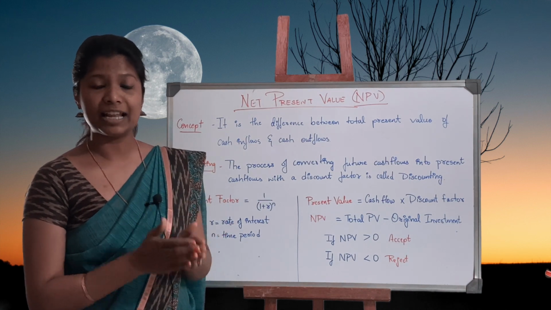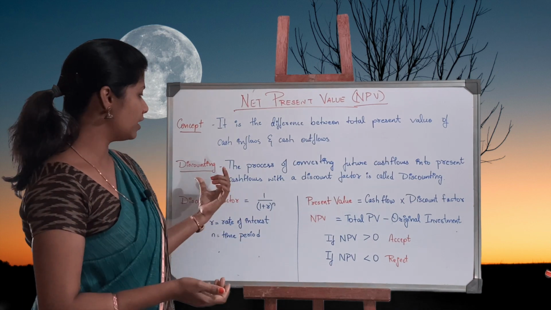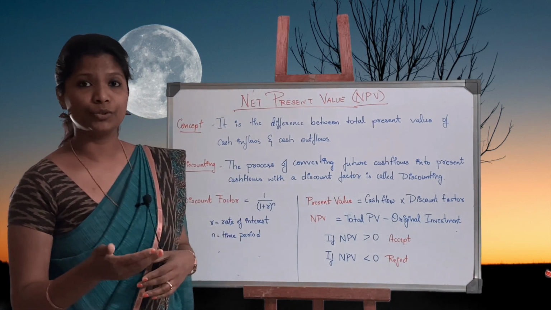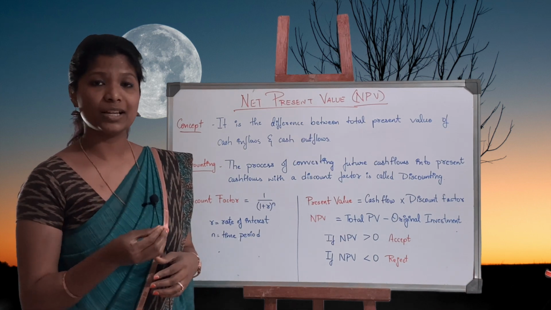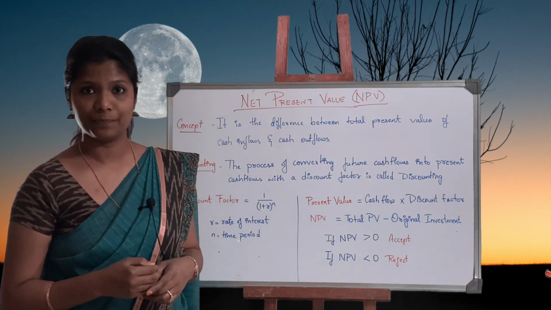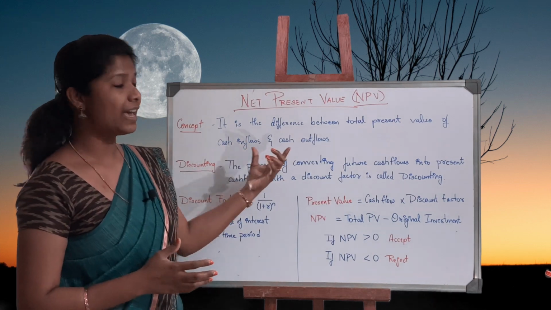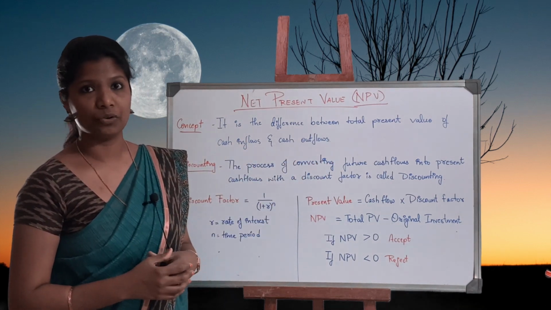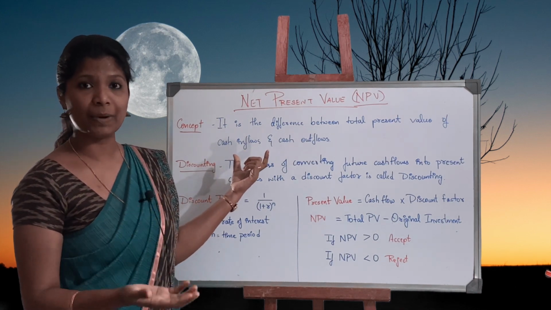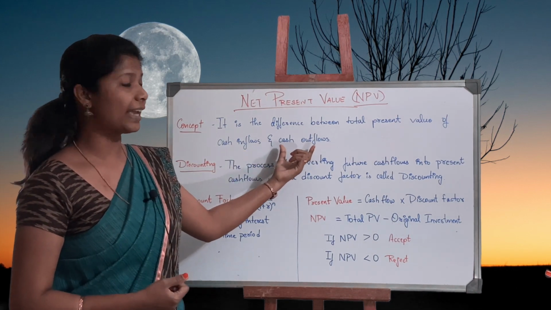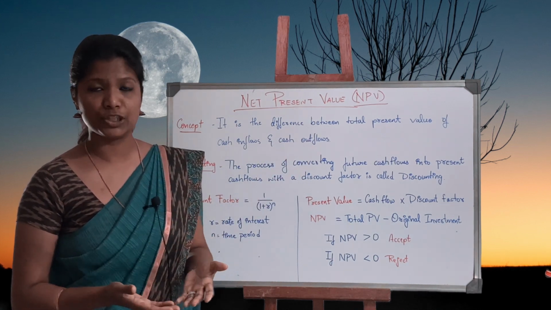So basically net present value focuses on using a discount factor. Using a discount factor, I'm going to know if 1 lakh rupees I'm going to receive after 5 years, what is that value of 1 lakh rupees today? So I'm going to be studying the difference between the cash inflows as well as the cash outflow. Cash inflow is the return I will be earning on my investment. What do you mean by cash outflow? The investment that the company makes into a project.